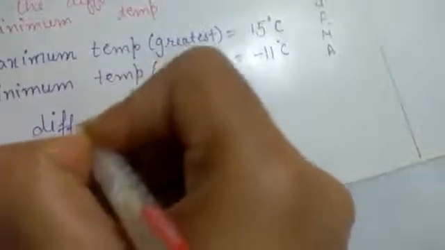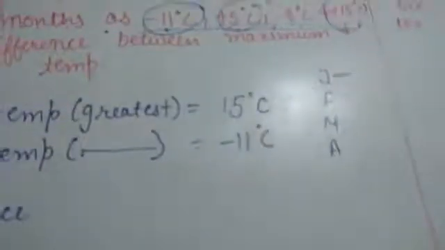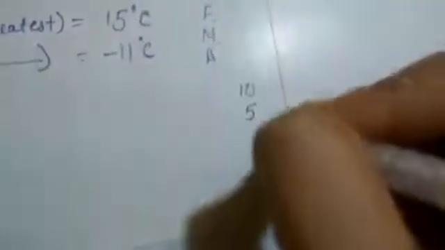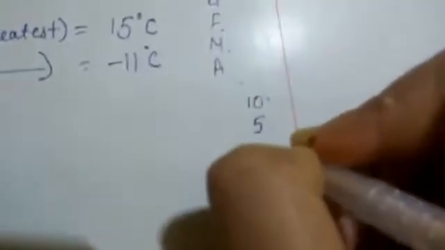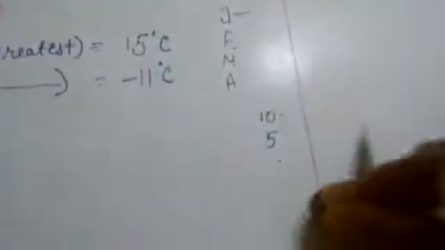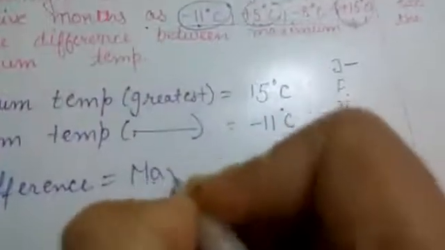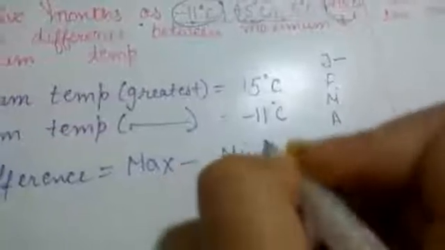So, get it? Now see, we have to calculate the difference. When we calculate the difference now, always we subtract smallest from greater. Okay? Means if anybody has given to you 10 candies and to your brother 5 candies, so the difference is 10 minus 5. Get it? Means we always have to subtract smaller number from the greater number. Means firstly we have to write greater number upper side, downside we have to write smallest number. Here also firstly we have to write maximum minus minimum temperature.